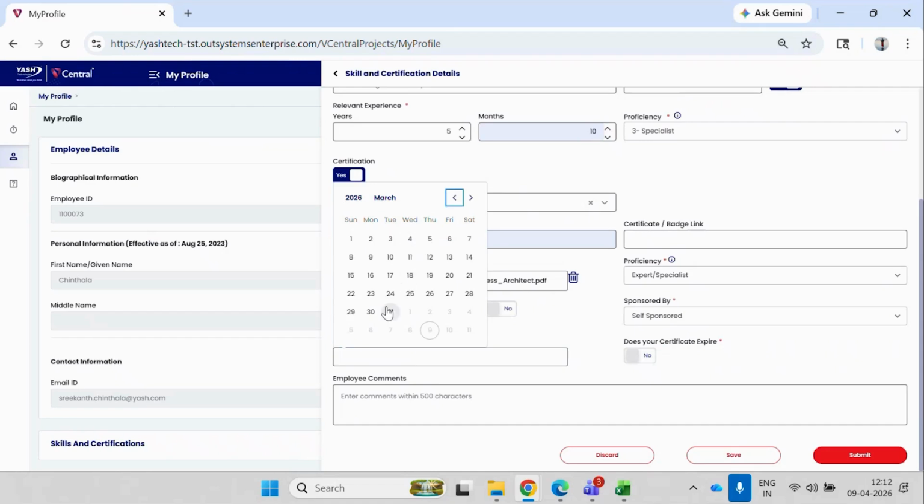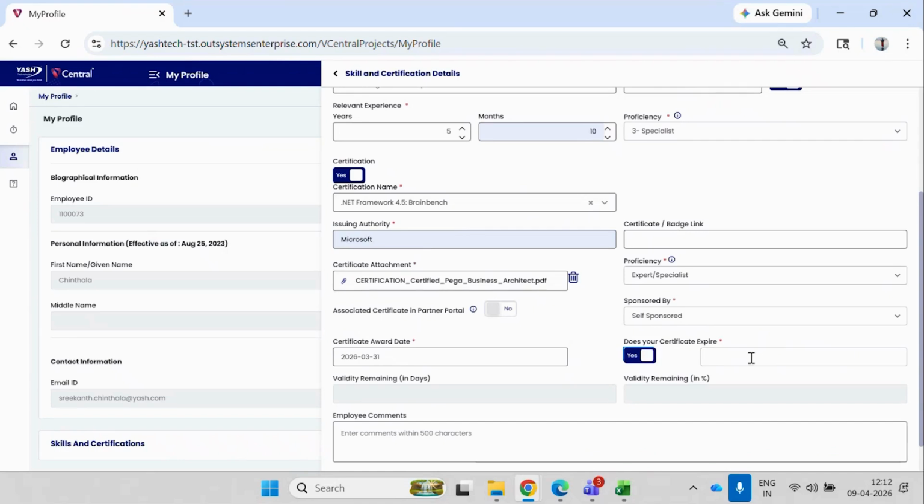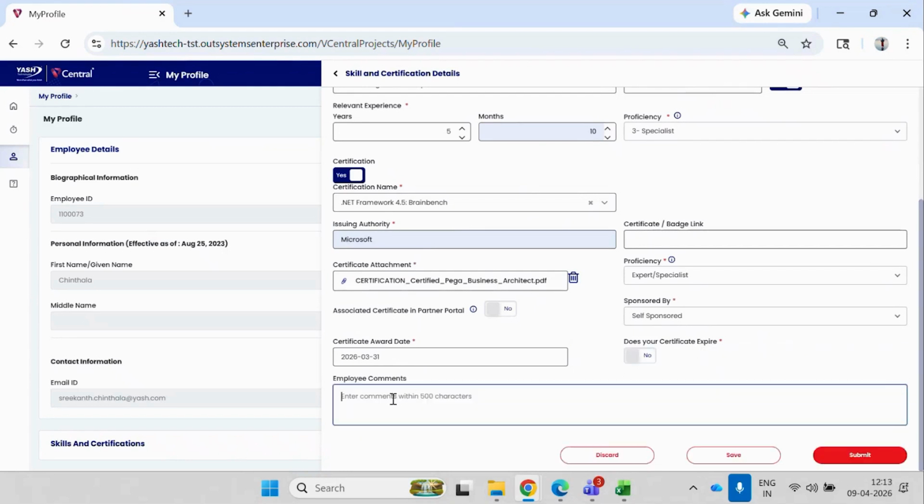So let us choose 31st March as the certification award date. And if the certification has an expiration date, then you can just go ahead and toggle this to yes. And in that case, you just need to enter the expiry date of the certification. Keep it as no. And the employee also needs to enter some comments for adding in a new skill into